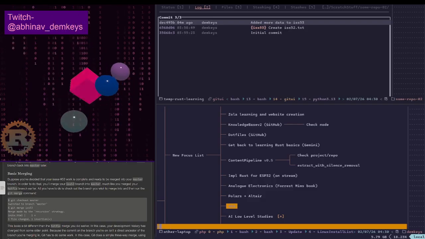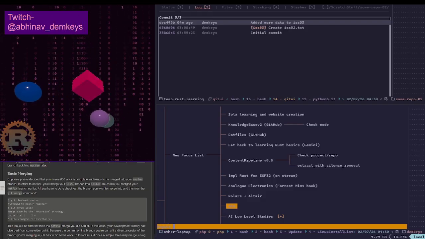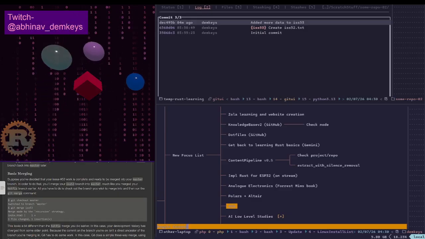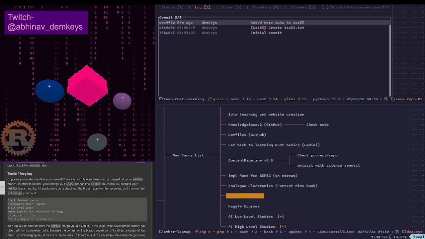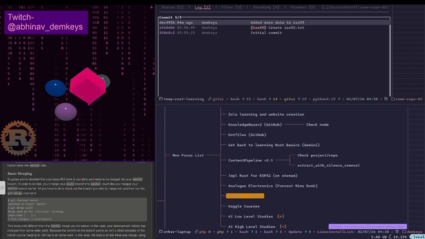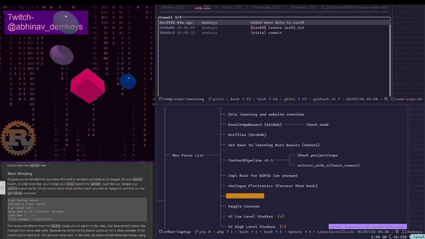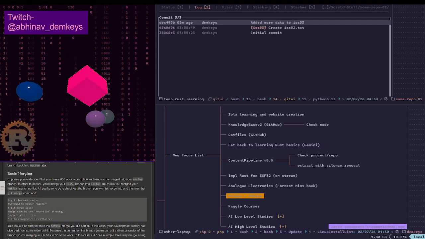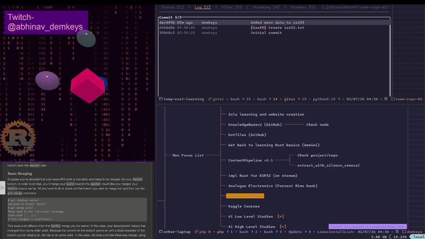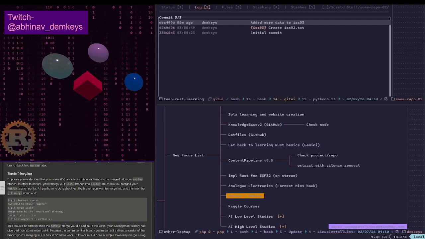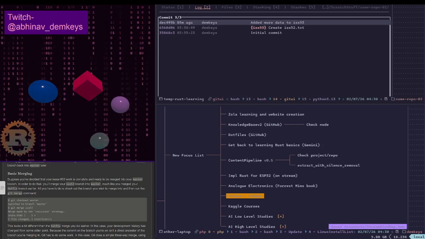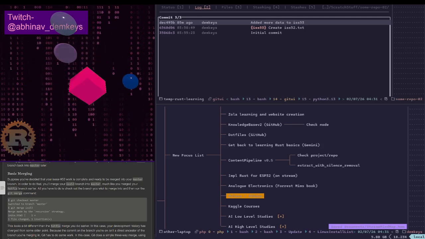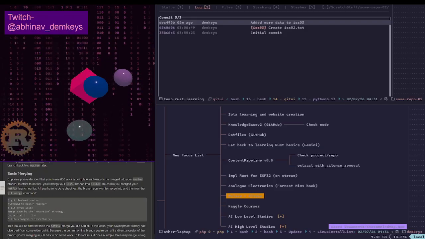Kaggle courses. I want to finish the courses on Kaggle. I want to finish the various courses that were there. I'm going to be learning in my own way though. I'm not going to be using pandas. I'm going to be using polars, but I do want to practice the stuff that's being taught. So I'm going to be doing a mirroring sort of system where I reproduce the problem that the Kaggle course is creating.